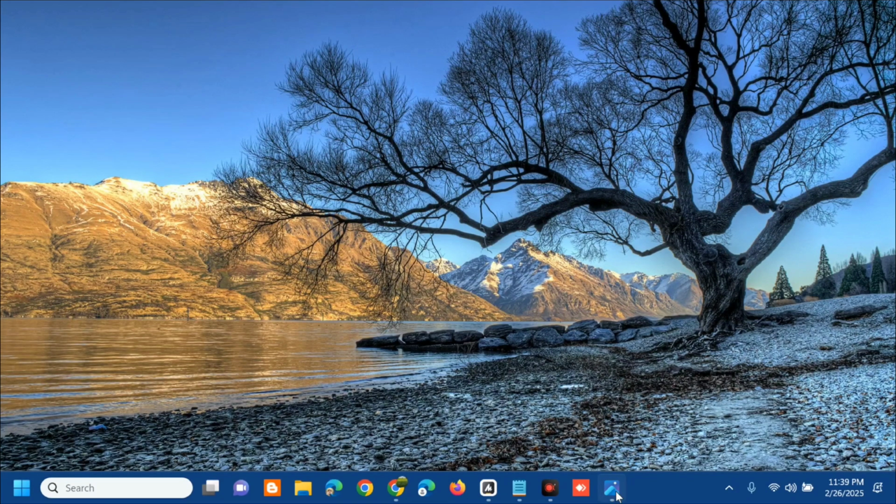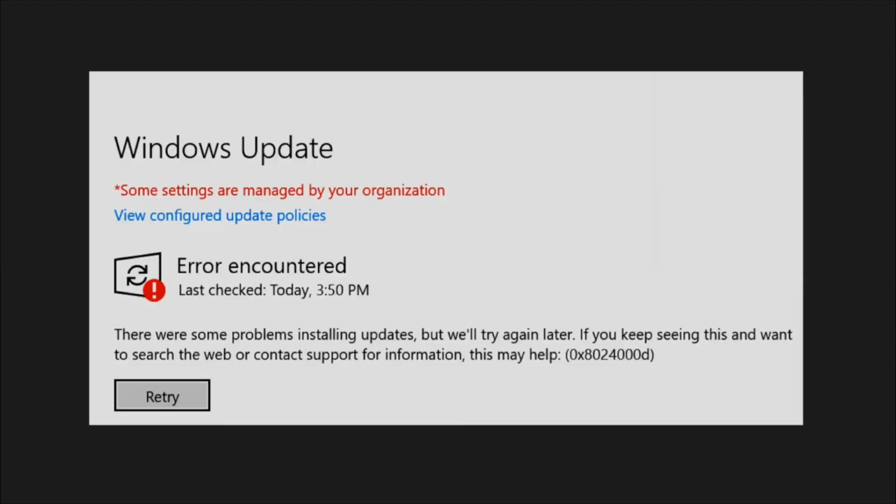I'm going to show you guys how to resolve the Windows update with the error code 0x8024000d on a Windows 10 or Windows 11 computer, with the error message: There were some problems installing updates, but we'll try again later. If you keep seeing this and want to search the web or contact support for information, this may help with the error